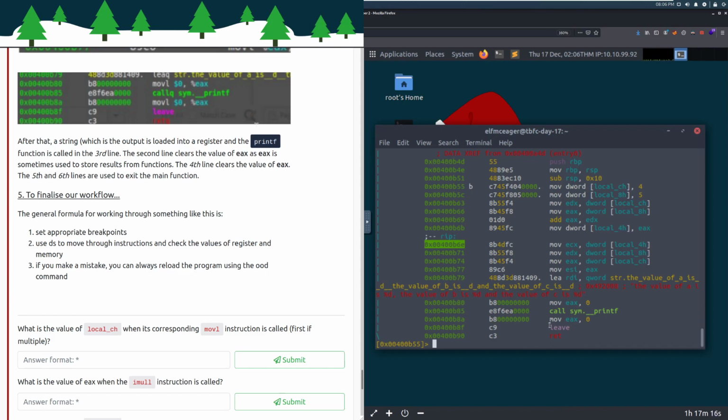Again, it makes more sense in context, especially when we're looking at a larger program, jumping into a smaller program. Just know that this is a little dance that you're going to see in every single program. So, cool. To generalize our workflow, the general workflow for working through something like this is: